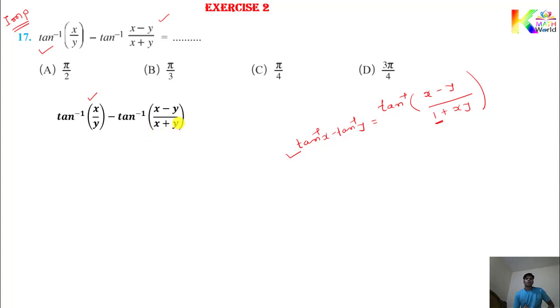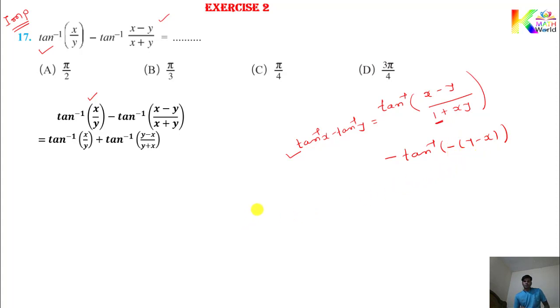Okay, so consider, instead of x plus y, consider this as y plus x. It means write this function from back side in numerator as well as denominator. So from numerator you will get minus common. So you got minus of y minus x. I have written this step directly. Hope you understood. Minus is there. Tan inverse of minus common. Then you get like this, tan inverse of y minus x.